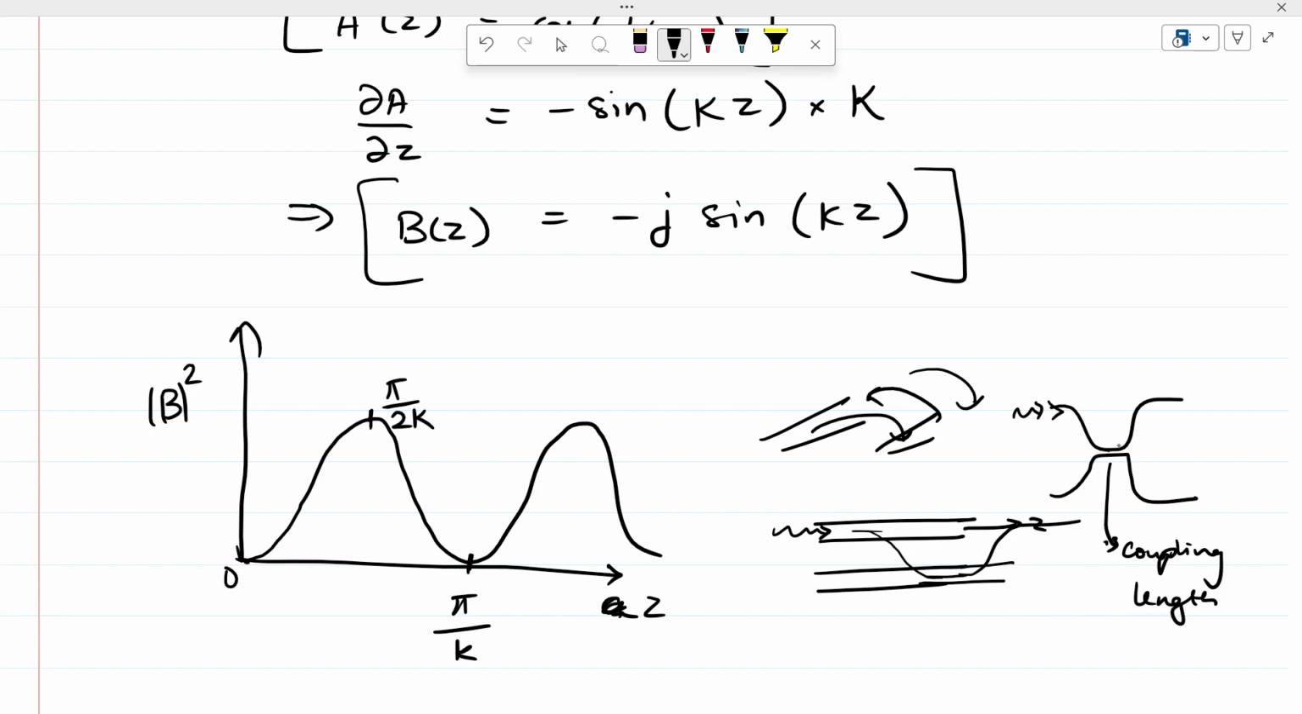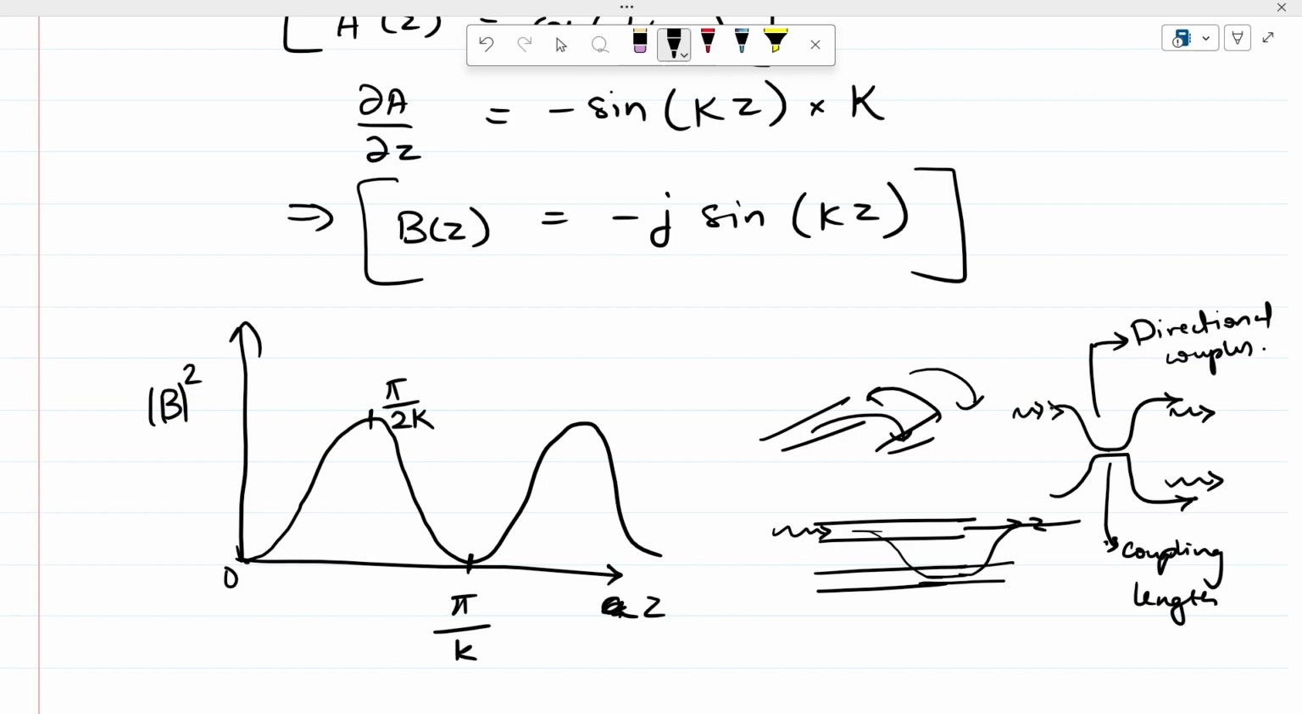So based on this coupling length, it will determine how much light is transferred into this arm and how much light is transferred into the other arm. So this is called a directional coupler. And based on this analysis, you can see that we can find out